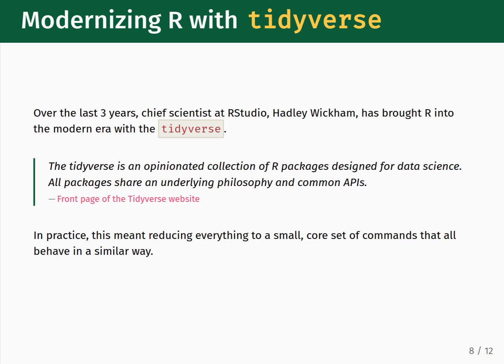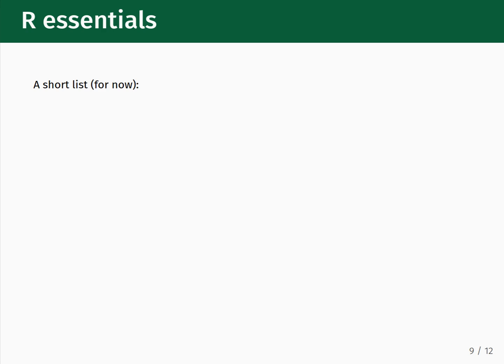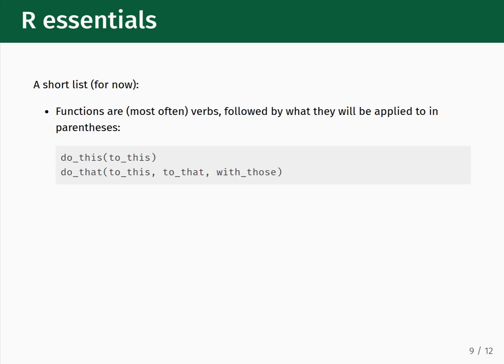When you start using R, you will notice the code follows certain patterns. Here is a short list of the most common things you'll see many times while using R in this class. First up are what we call functions. Functions are named as if they are verbs, meaning they perform an action. The action is applied to the inputs you list inside of parentheses, as in the following examples.